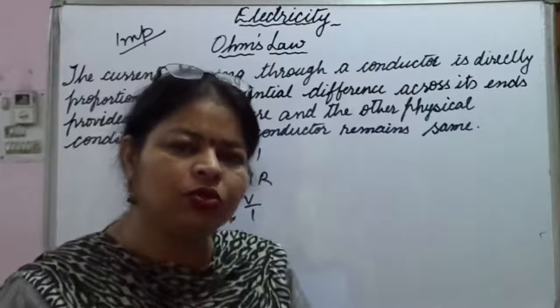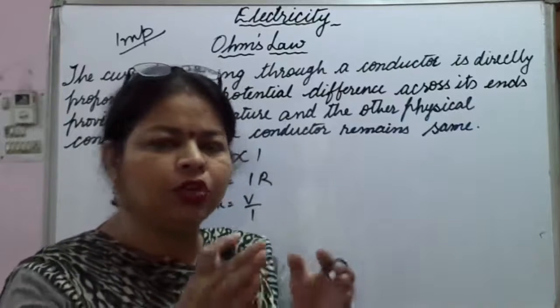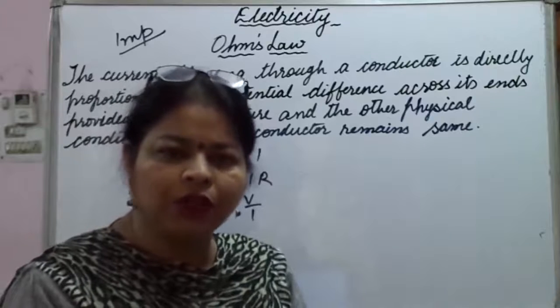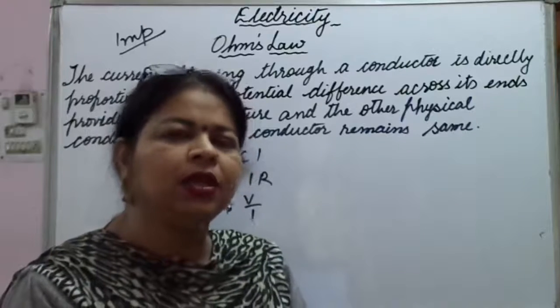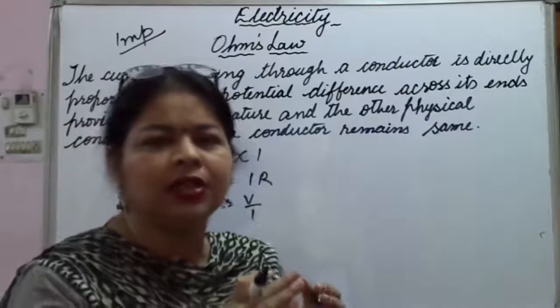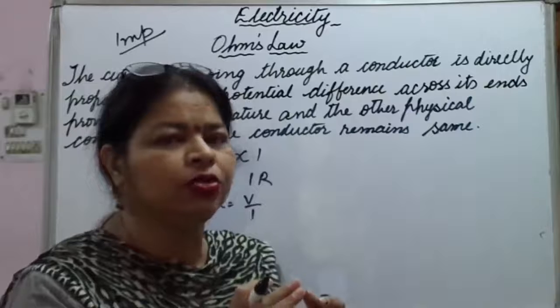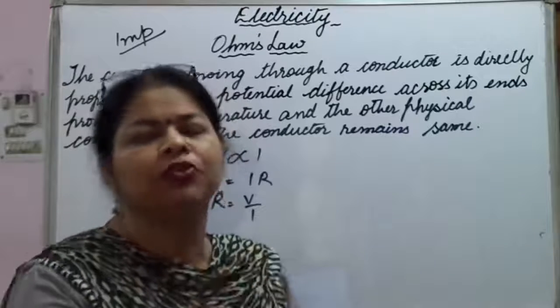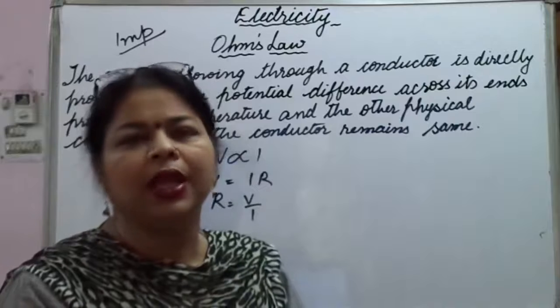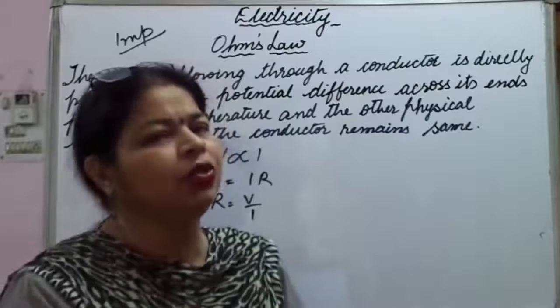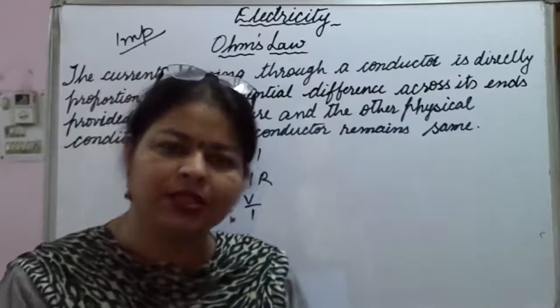So when the electrons are moving, they are going to collide with each other. As a result, hurdles will be created, and the speed of the electrons is going to be hindered. So this factor of resistance develops from this concept. When electrons are moving, they collide with each other, and then they produce some sort of resistance.